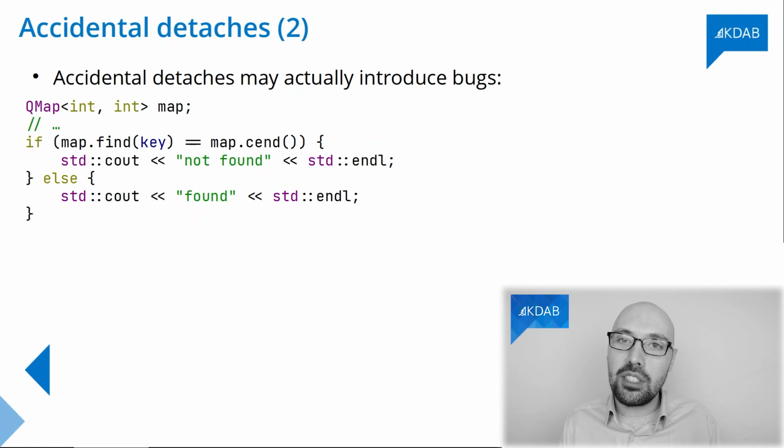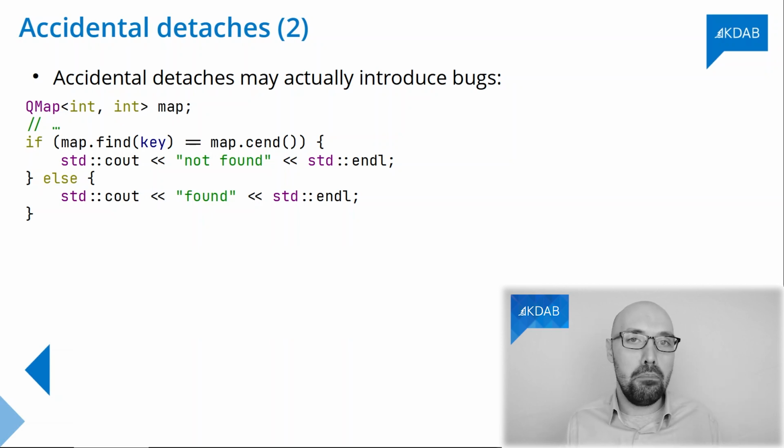What I have in this little snippet of code is a map, mapping integers to integers. Amongst the many things you can do on a map is to ask it, do you contain a given key? There are many ways to ask that, but a very simple one is to call the find function on that map, passing the key. That find function is going to return an iterator. That iterator either points to the element with that key, if it's found, of course, or if it's not found, it's going to return a special iterator pointing to the so-called end of the map.